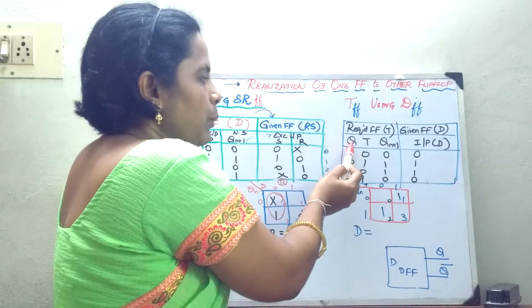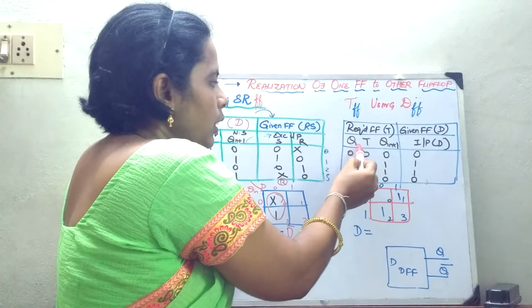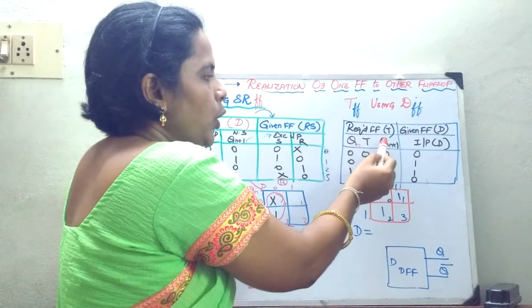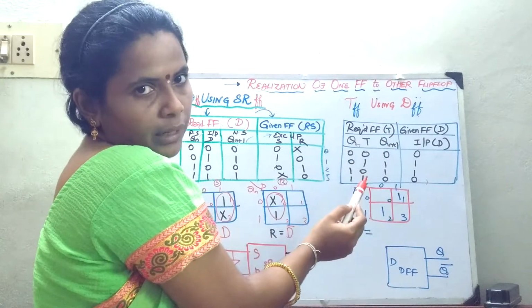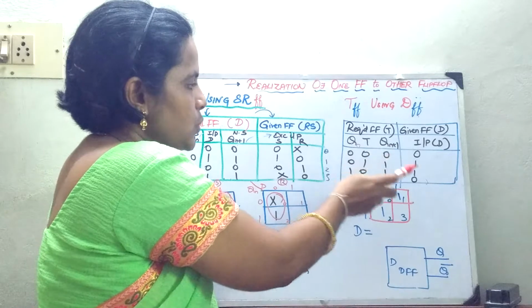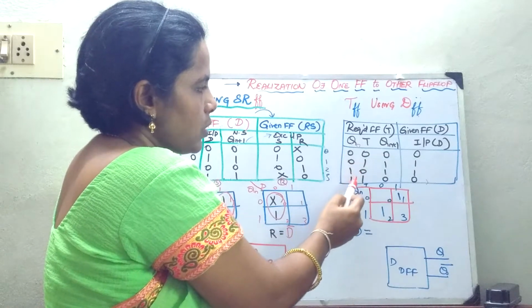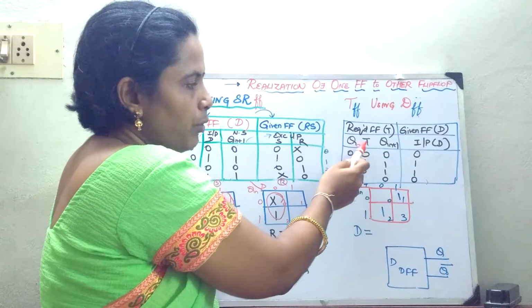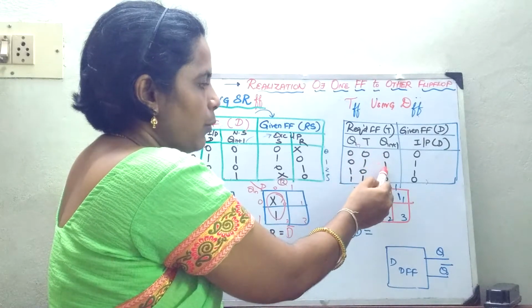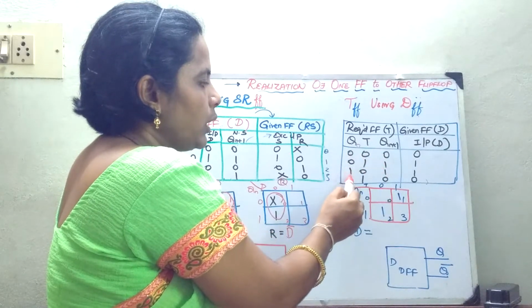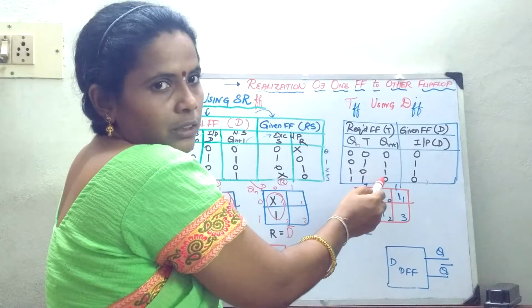So, given the present state and your input, you are going to compute your next state, which is going to be written on the left hand side. Okay, once this is framed, the combinations are 0, 0, 0, 1, 1, 0, 1, 1. So, what is it in case of my T flip-flop? When the inputs are the same, you will retain the same output, but whenever you give a toggle condition, it will change.